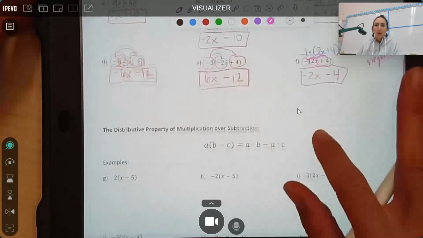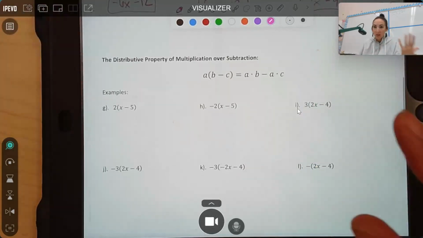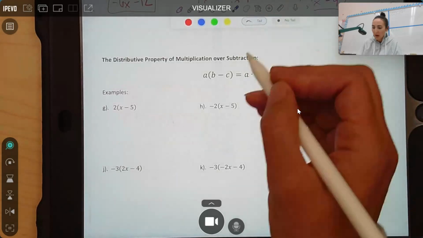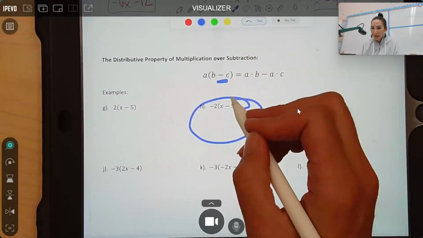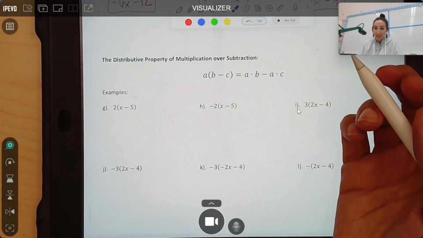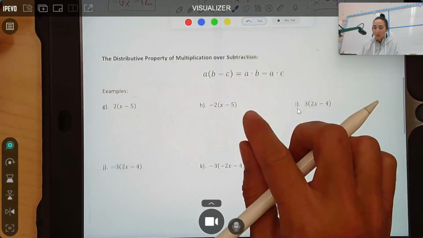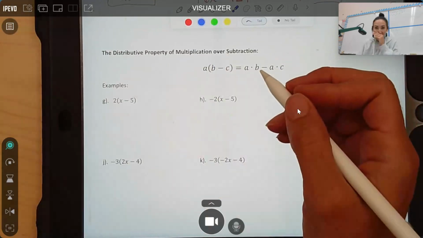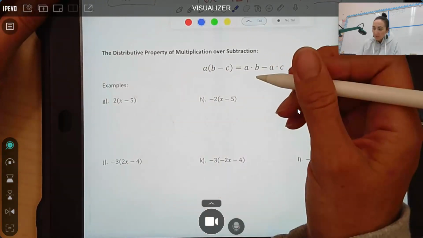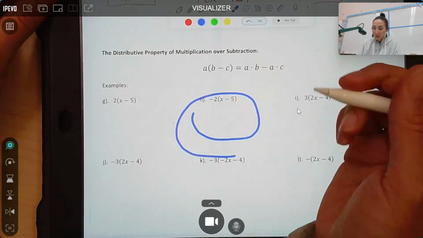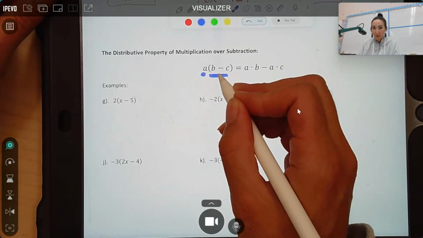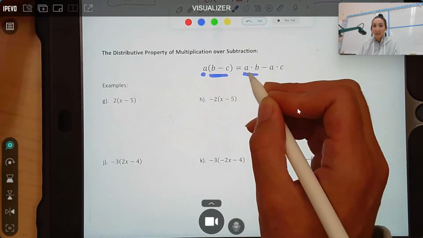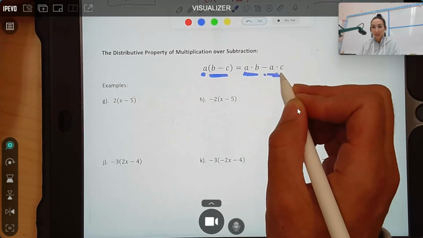Okay. Moving on, they have a whole other distributive property for if there's subtraction in the middle. I'm going to do it the long way first, but the shortcut is exactly the same. I'm going to do my little clouds and rainbows and keep the sign in front of it with it. But long way first. This says A times the quantity B minus C is the same thing as A times B minus A times